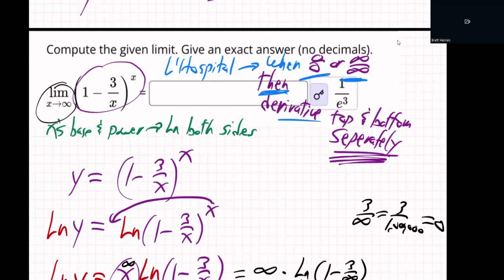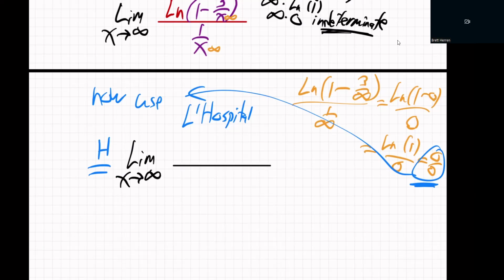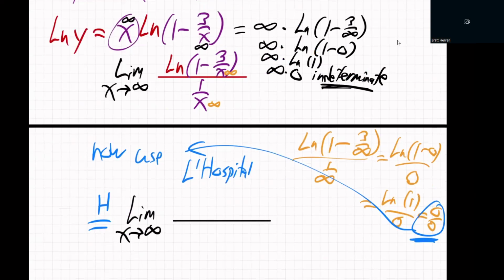Then what can you do? You do the derivative of the top and bottom separately. So now I'm going to put an H to say I'm using L'Hopital, because it's because of L'Hopital that I can do the derivative top and bottom separately. So here we get, this isn't easy. Let's take the derivative of this guy. Now what's that? Well, it's 1 over the argument,